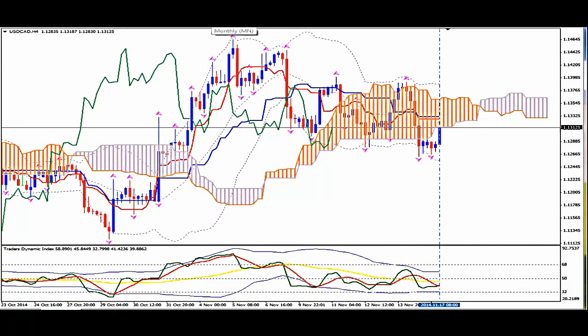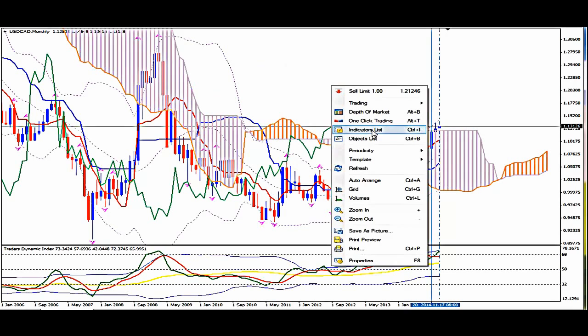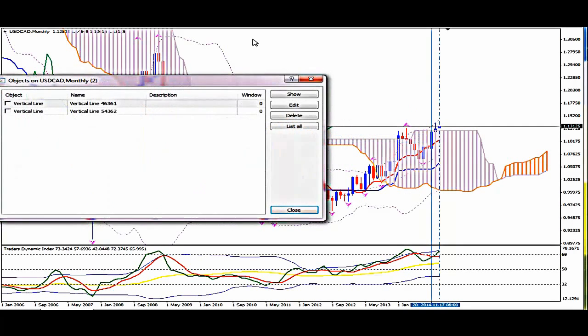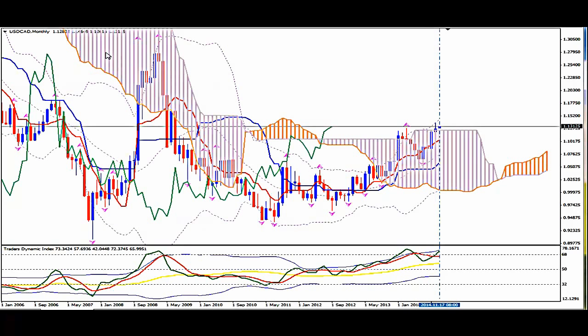Let's go to the monthly time frame. On the monthly time frame we see strong bullish evidence. This is the opposite pair of AUD USD. We see a very wild upward mood. The pair wants to literally fly,